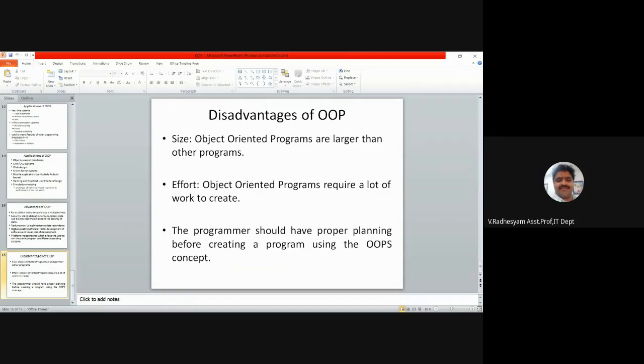Of course, there are some disadvantages, very few, with object-oriented programming. Sometimes we write programs of a very large size, with very many lines of code, and we need to put in greater effort since you need to design things related to classes and what different objects are available.